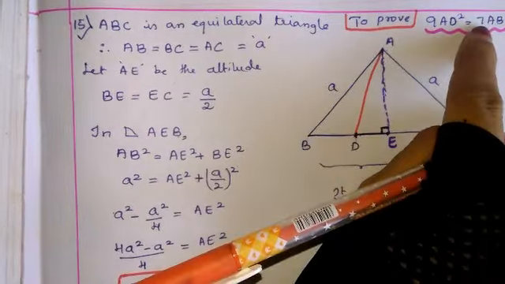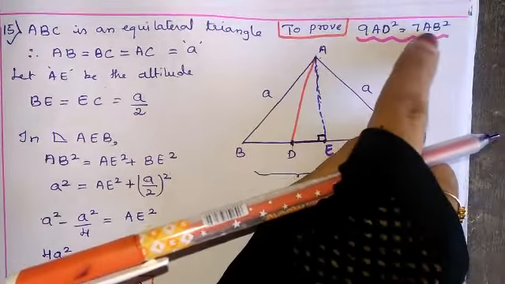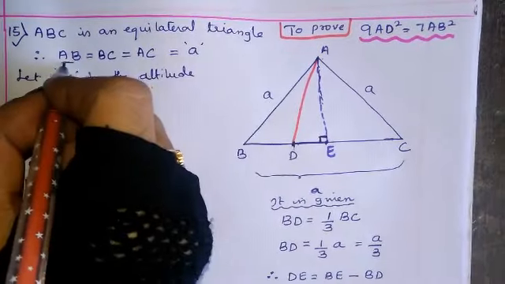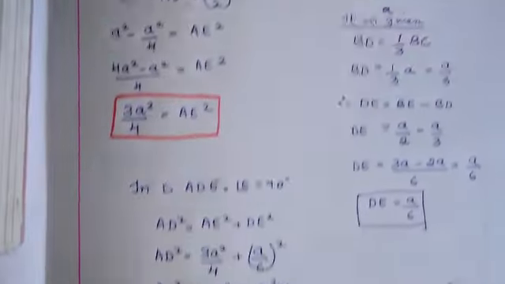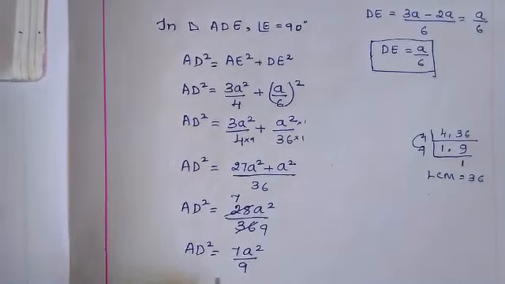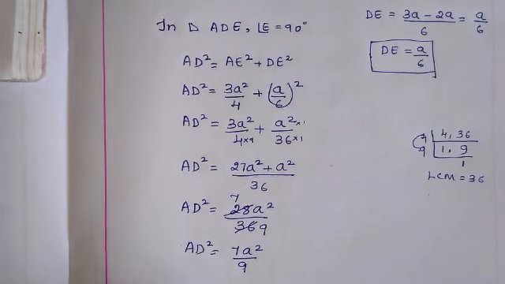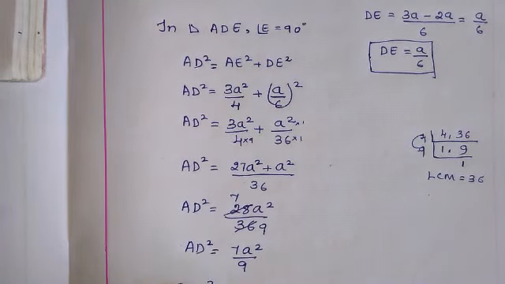So in the "to prove" they have told us to take AB. So let us take AB. Okay, in place of A I am taking AB. So 9, I'll multiply here. 9 AD square is equal to